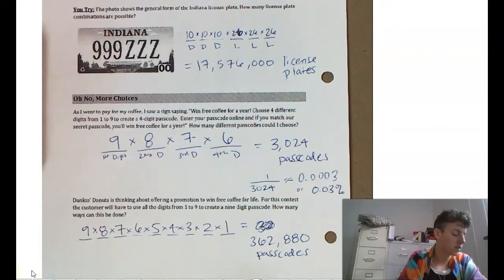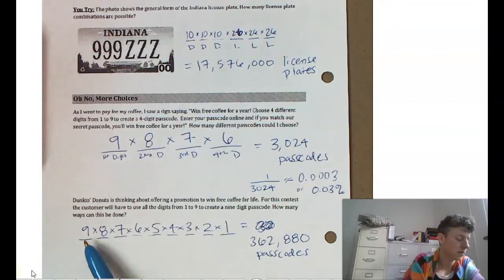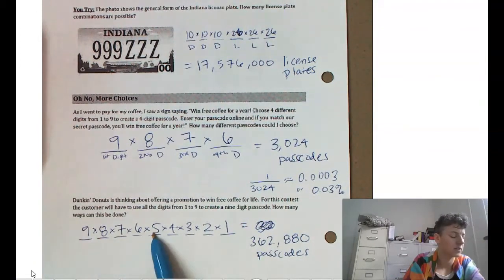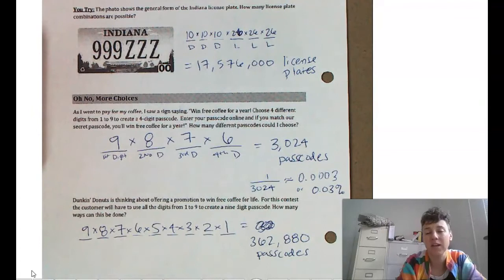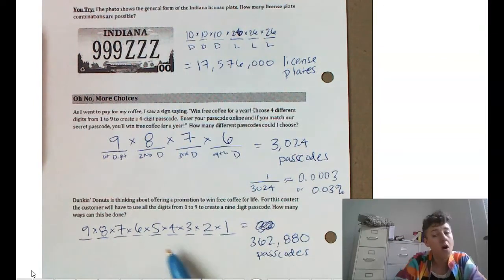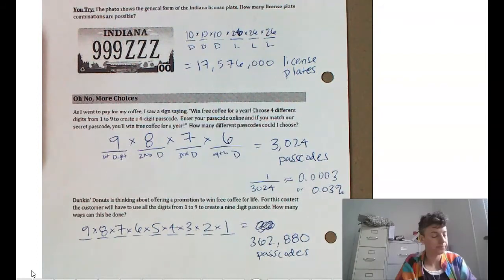Alright, this kind of situation where we write out a number times the next lowest number, times the next, times the next, times the next, times the next, times the next, times the next, happens kind of a lot in the math world. So we've come up with a shortcut way of writing that so we don't have to write out all of the numbers every time. Which brings us to our next point of order, one of my favorites,